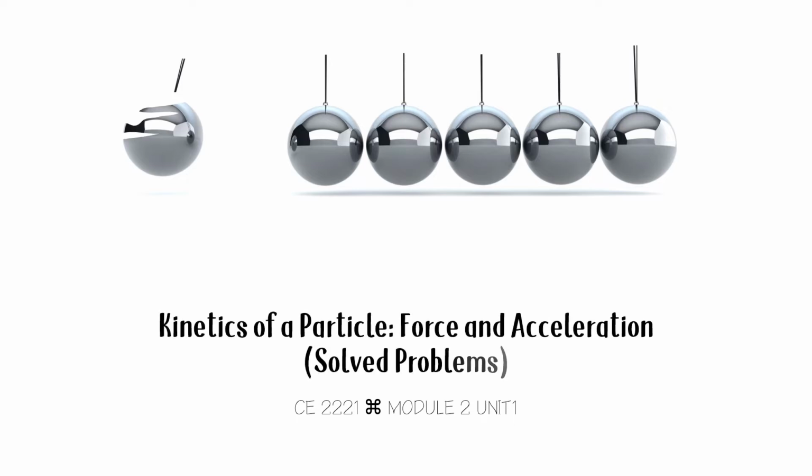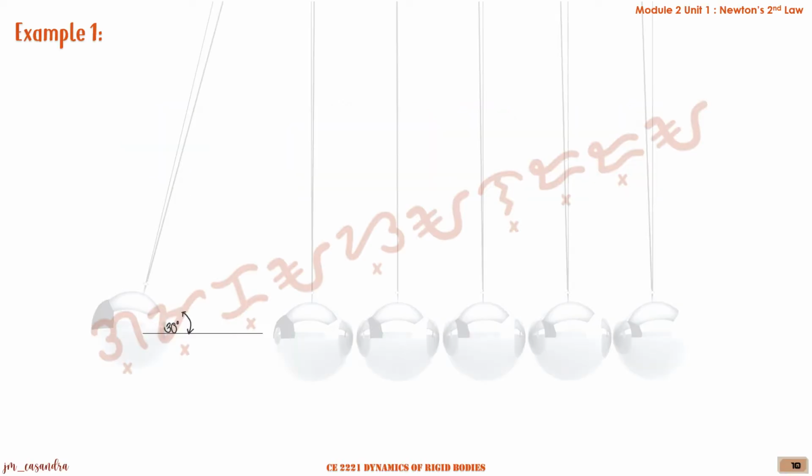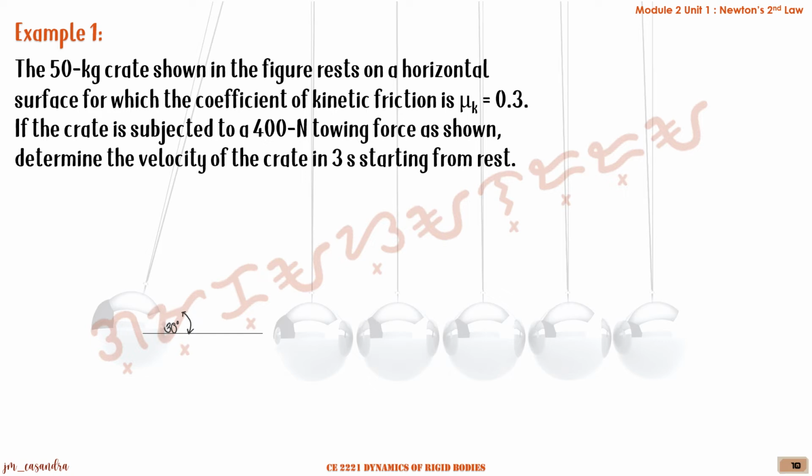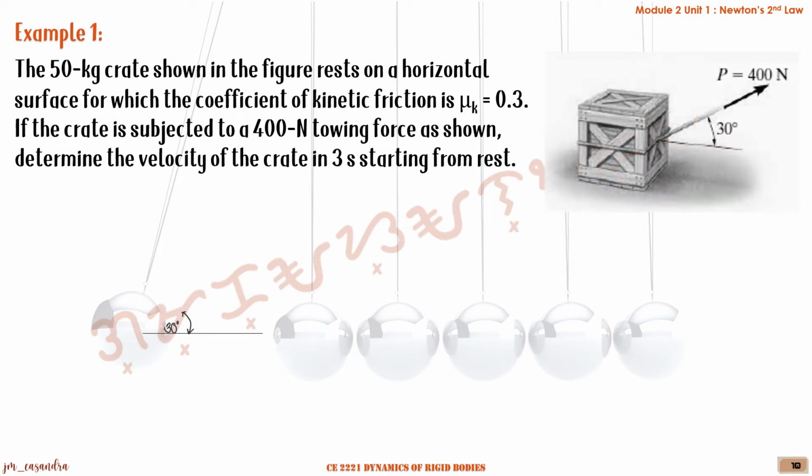Today we're going to discuss some examples for kinetics of a particle for Newton's second law, for the relationship between the force and acceleration. For our first example, we have a 50 kilogram crate shown in the figure that rests on a horizontal surface for which the coefficient of kinetic friction, mu k, is equal to 0.3. If the crate is subjected to a force of 400 Newton, as shown, determine the velocity of the crate in 3